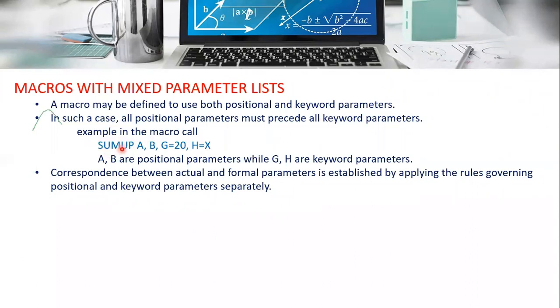We write the sum up as a macro name, A and B as positional parameters, and G and X as keyword parameters, or in other words, here a default value will be passed. So we can consider these as default parameters also. Now here A and B are the positional parameters, with G and H as the keyword parameters with default values. Now the correspondence between actual and formal parameters is established by the rules governing the positional and keyword